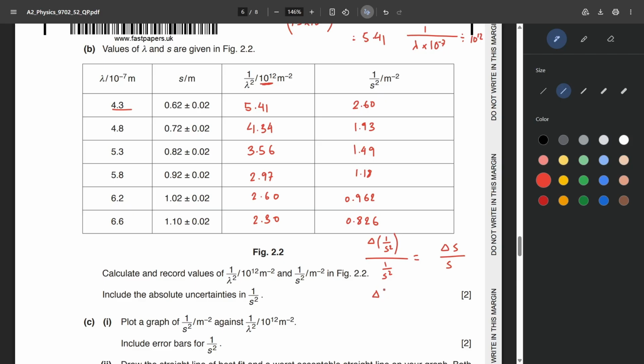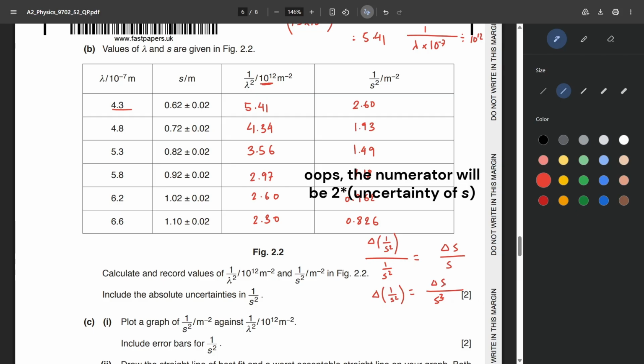So the absolute uncertainty of 1 over s square would be delta s, or uncertainty of s, divided by s multiplied by 1 over s square, if we bring this 1 over s squared term to the right side. Now, rearranging this equation gives us delta s over s cubed. If we compute that for all of these values of s, it gives us uncertainties of,